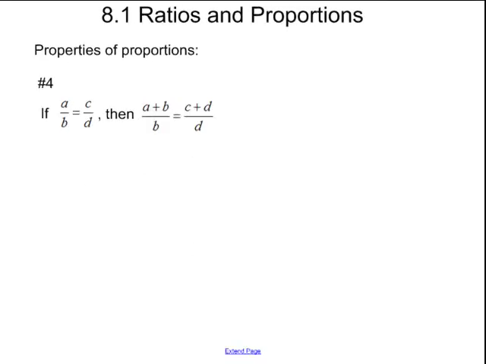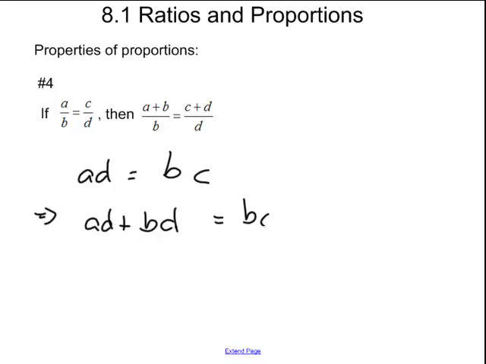All right, number 4, if A over B is equal to C over D, then A plus B over B is equal to C plus D over D. Why is that true? Well, once again, by the cross product property, I have AD is equal to BC, and by the addition property of equality I can add the same thing to both sides, so that's going to tell me that AD plus BD, I chose BD and you'll see why as it comes out, is equal